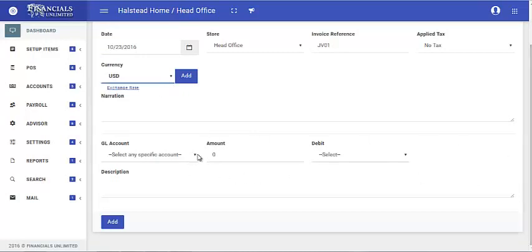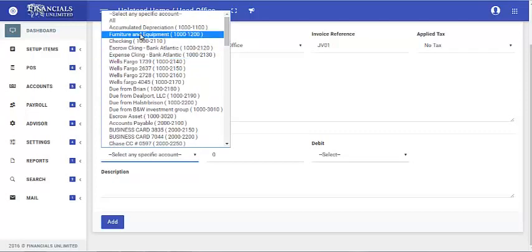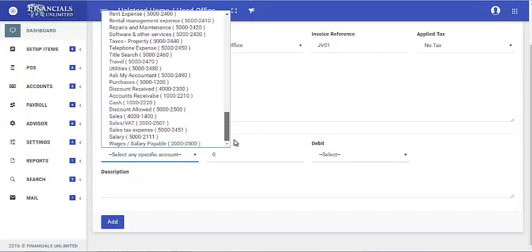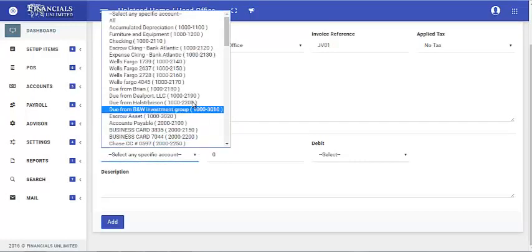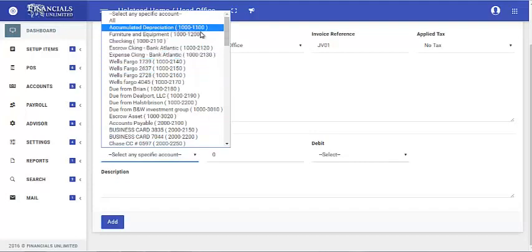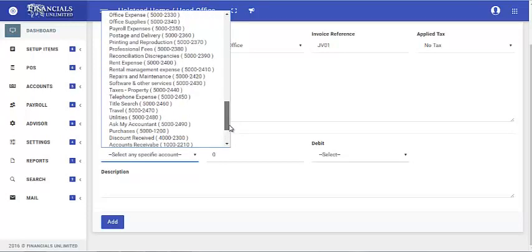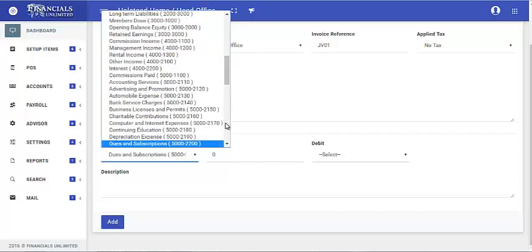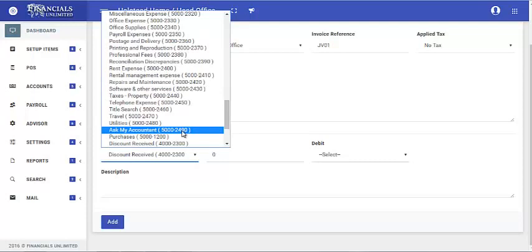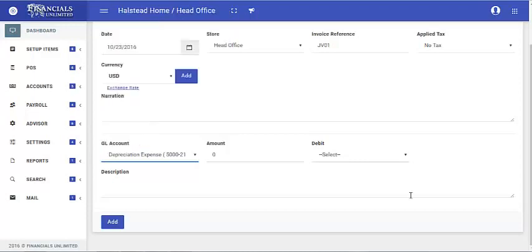Now, if for instance I need to make some adjustment in the depreciation account or furniture account, or any sort of adjustment, I can make it in any GL account, whatever I want. For instance, in this case, I'm going to record the year-end depreciation expense. I'm going to record the depreciation expense adjustment over here through manual journal.